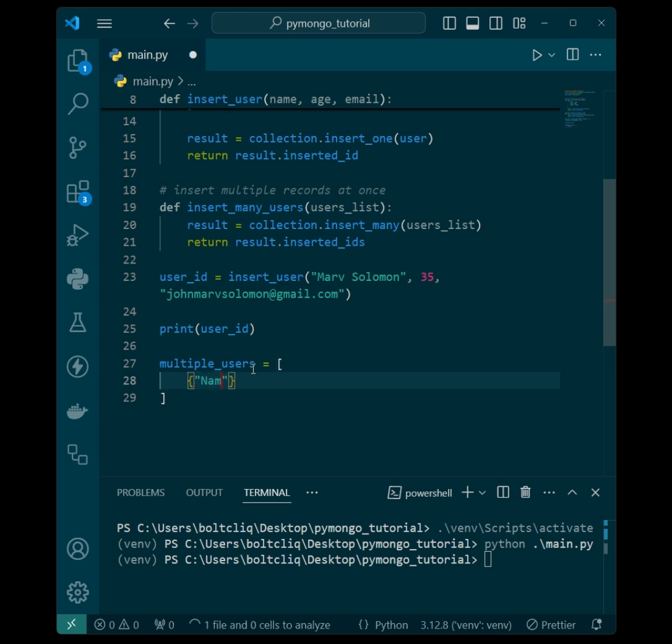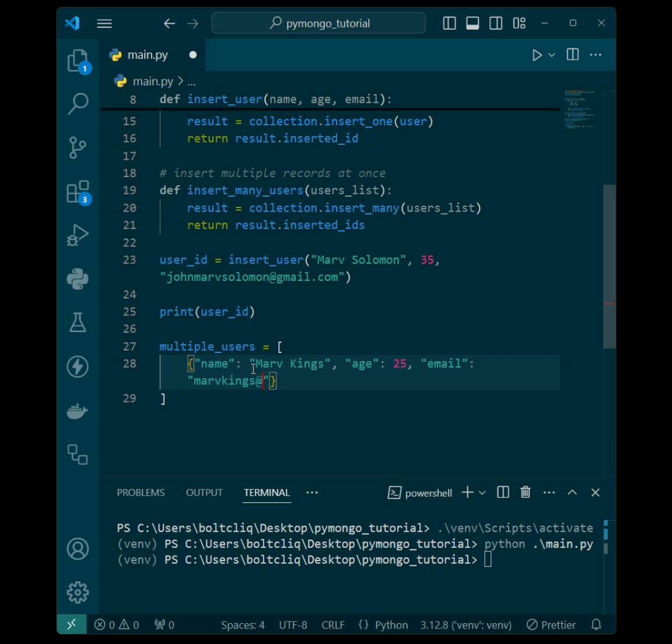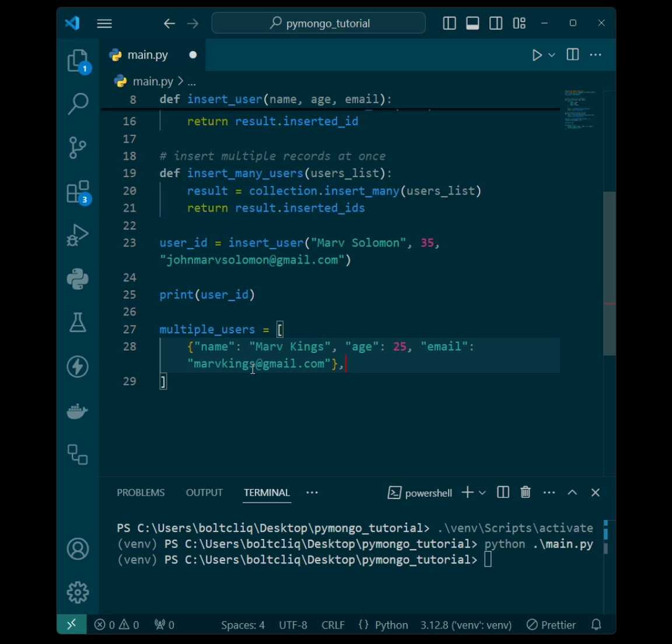We have the name, and the name of our user here can be mavkings. Okay, we have the age just like this. Let's do 25, and we have the email address. We're simply going to do mavkings at gmail.com. So this is for the first user, you have to put a comma right there, and I'm simply going to